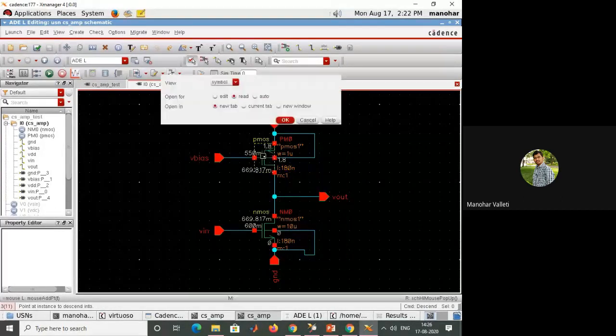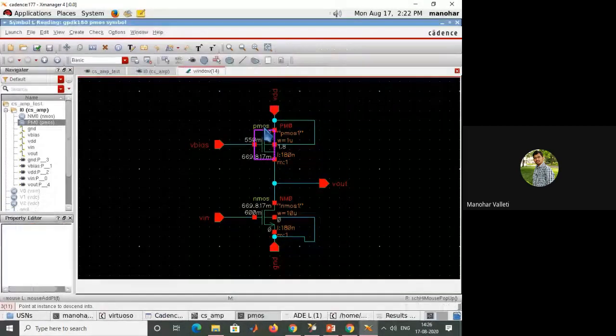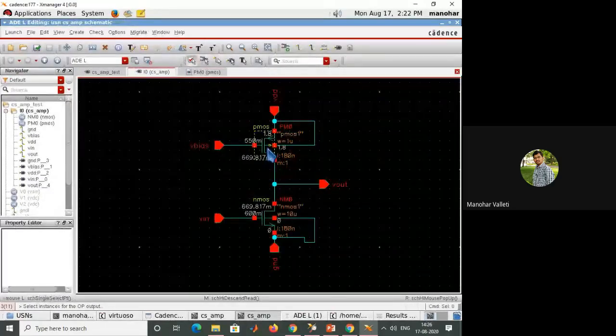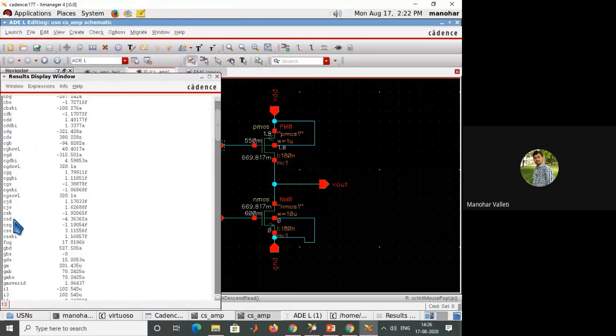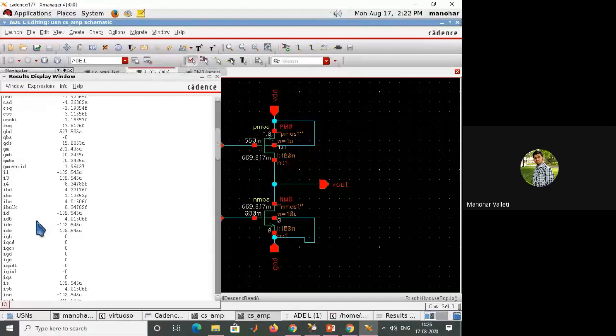Same way for PMOS. So PM0, PMOS. What I want, this does not act as an amplifier. This needs to be operated as an active load. It needs to be operated in saturation. And the resistance offered by PMOS is more.